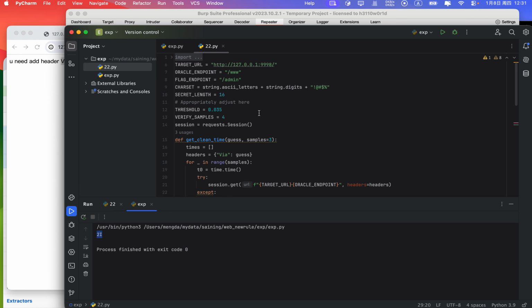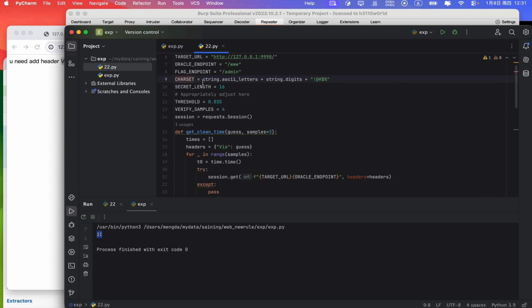First, there is a list of characters for the secret. A character list. The second is the length of the secret key. Usually our secret key is 16 characters, but you can also increase it. We judge whether we have successfully brute forced completely by observing if the delay no longer increases. Good. Then we set a threshold time. Here we can set it to 0.035 or